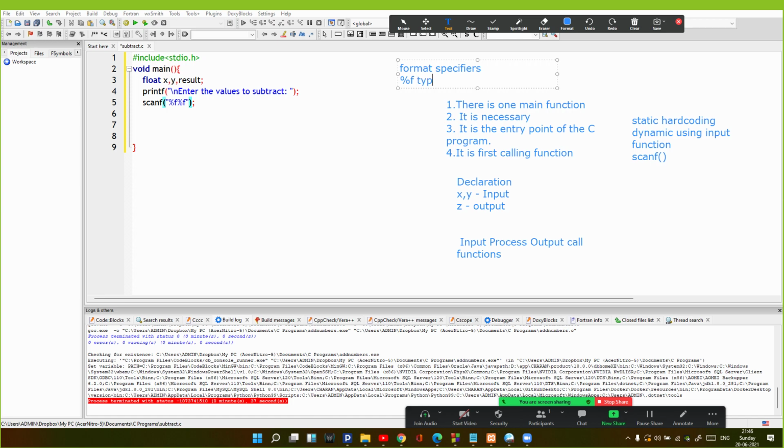It describes the type of input or output that will be taken for the variable. So if I'm writing f here, that means the input will be of float type. The format specifier should specify the type of input that will be taken into the memory.